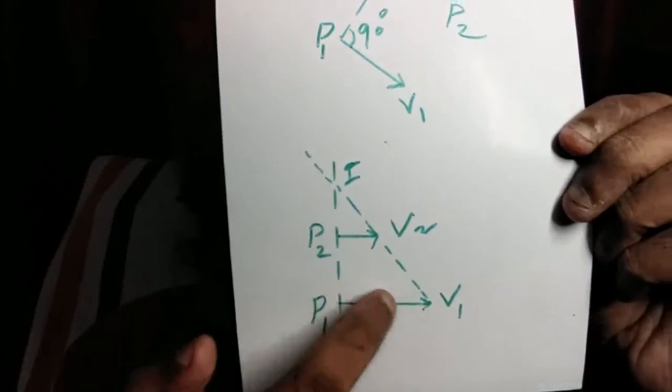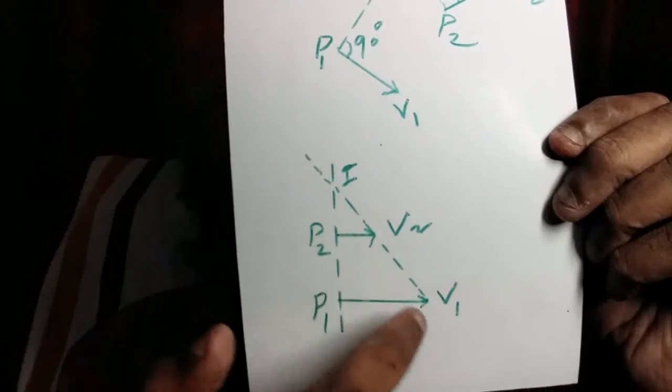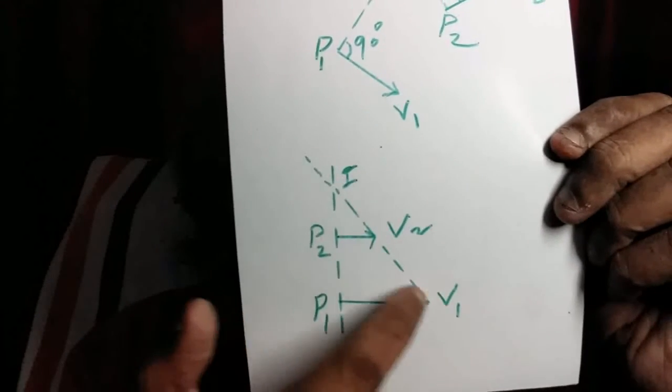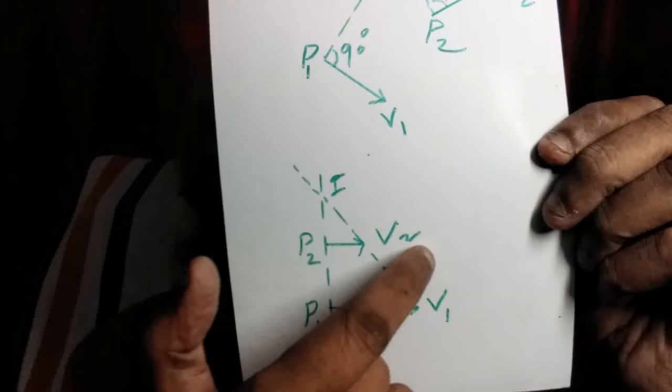So when the two known velocities are inclined to each other, just draw two perpendiculars from the feet of the two velocity vectors. And the point of intersection of the perpendiculars indicates the instantaneous center. Another case is, suppose the two known velocities are parallel to each other, as shown